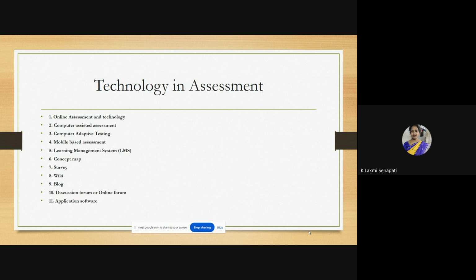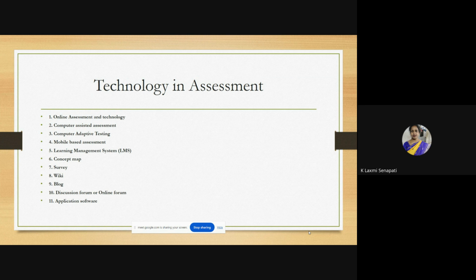Then mobile based assessment. Suppose you are filling in any form, at that time also you have to give some responses. Suppose this Google Meet class is going on; after completion of the class, again a prompt will come that you have to give your feedback. Stars will be there, meaning how was it. Whether it is 5 star, 3 star, 2 star, accordingly you have to give your view. And also